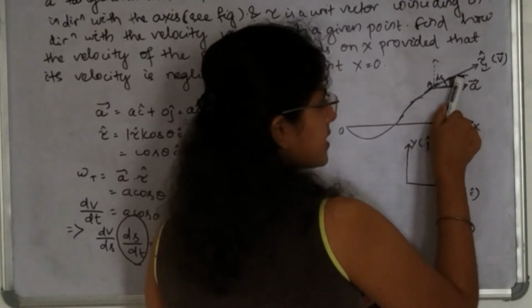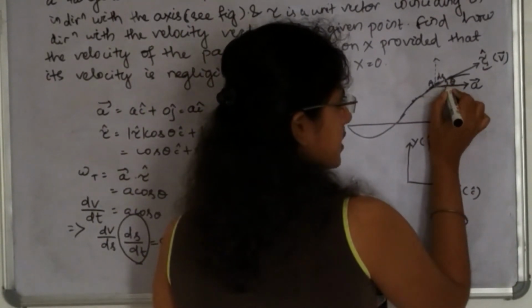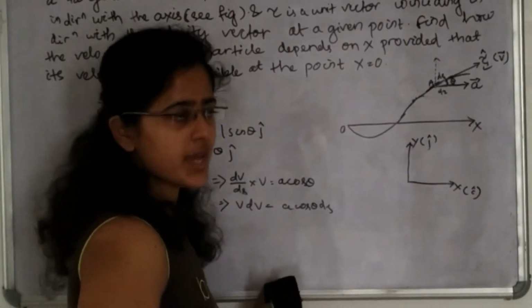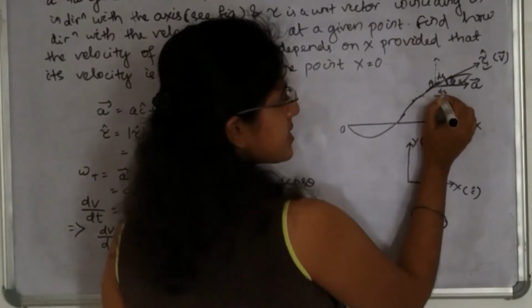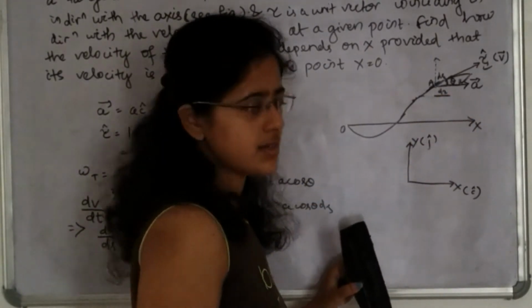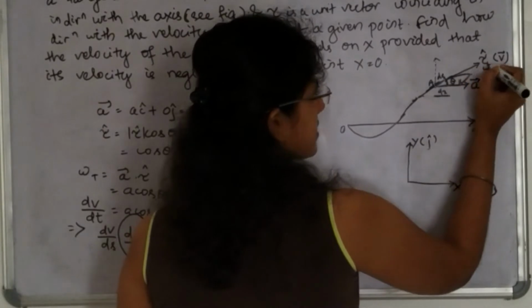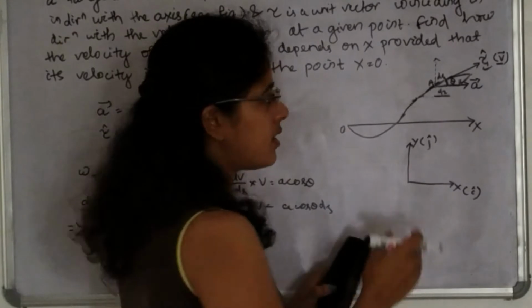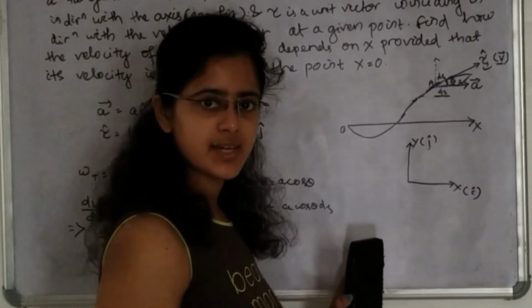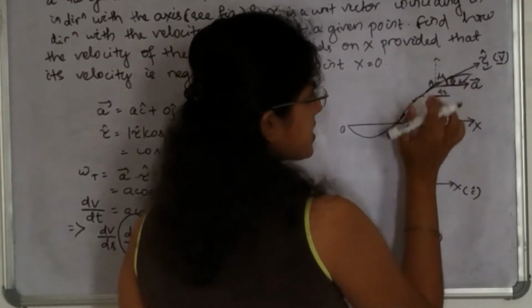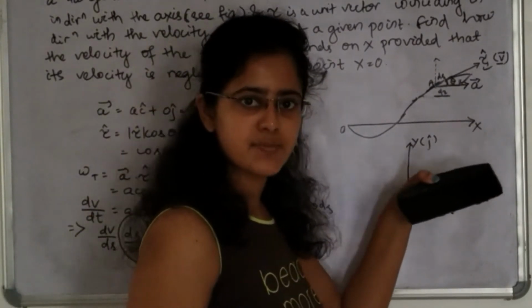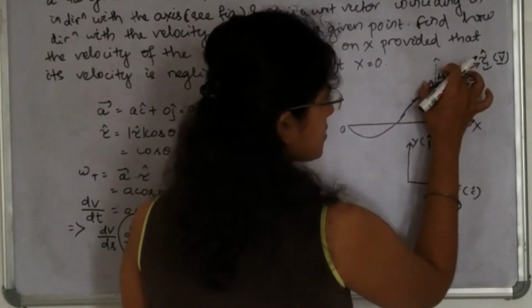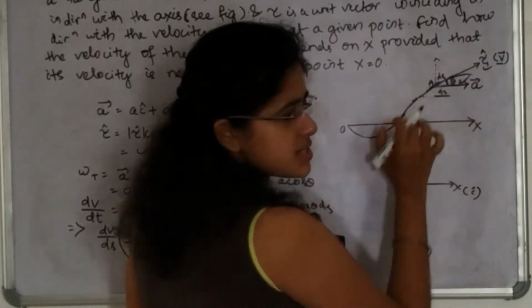So this angle is theta. That means for only this much portion, this is dx and this is dy. So this angle is theta means dx is how much? ds cos theta. As we have considered, let us take this as v. So its velocity in the horizontal direction is how much? v cos theta, and in the vertical direction is how much? v sin theta. Similarly, if we resolve this ds, then we know that this has covered dx displacement in the horizontal direction and dy displacement in the vertical direction for this much portion, because we have considered this much portion as ds.